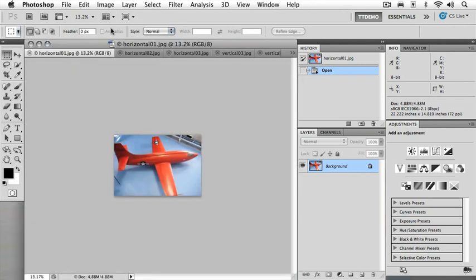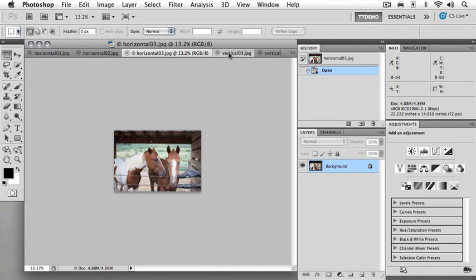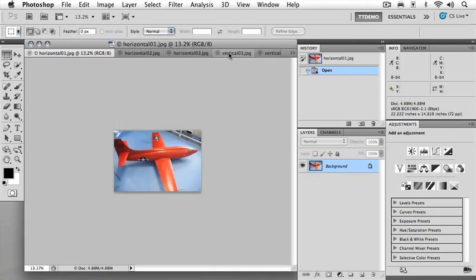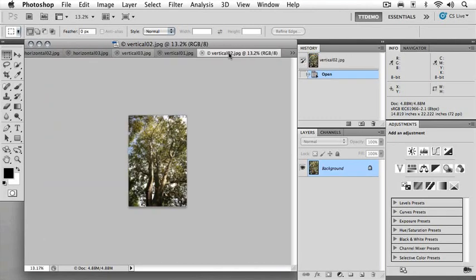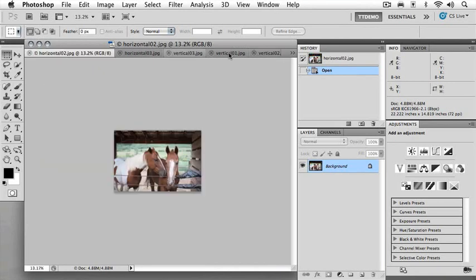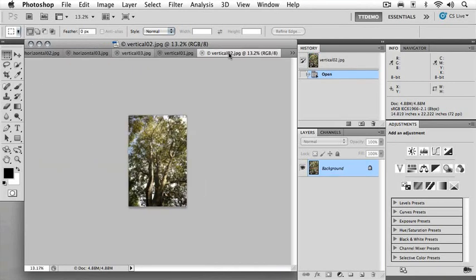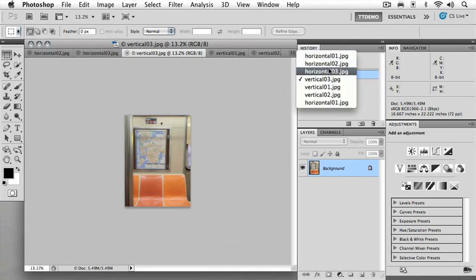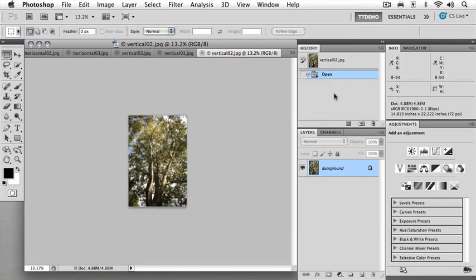Of course, if you are going to be working in the tab mode and you need to move from one image to the next, instead of clicking on each image, what you can do is use the keyboard shortcut, which is Command tilde on the Mac, Control tilde on the PC, and that will cycle you through all of the open images here. So you move from one image to the next, to the next, to the next, quickly and easily. There's also a little flyout menu here where you can click and easily select the image you want to view by name. So we've got a ton of options here for viewing multiple images